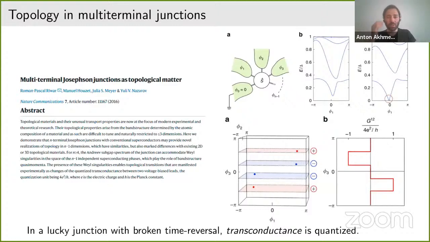The basic idea here works as follows. It's a little bit like I explained. We have a normal scattering region attached to multiple superconductors. We define an effective Hamiltonian, which is a function of all the phase differences. This Hamiltonian could have topological phase transitions where different bands touch at zero. These phase transitions, if I view cross sections of the three-dimensional Brillouin zone, separate regions with a finite Chern